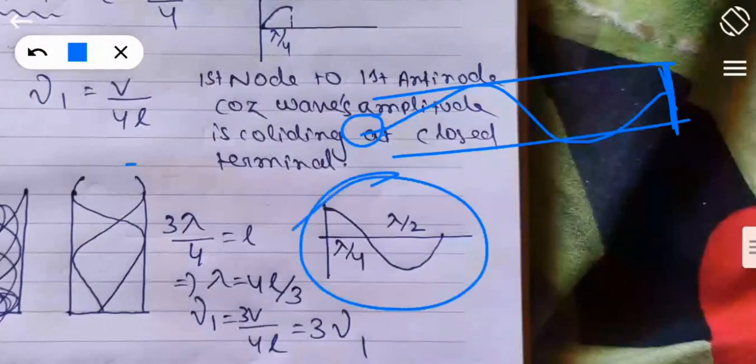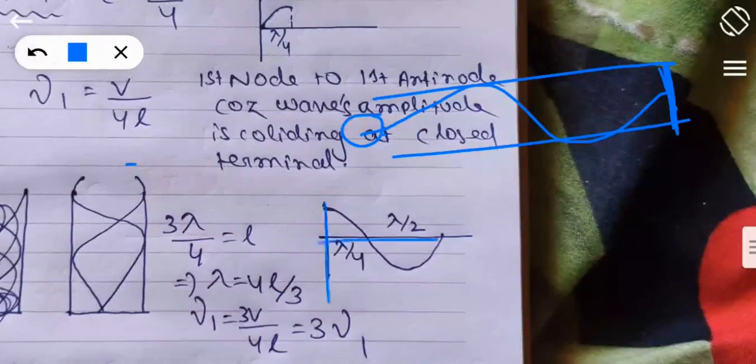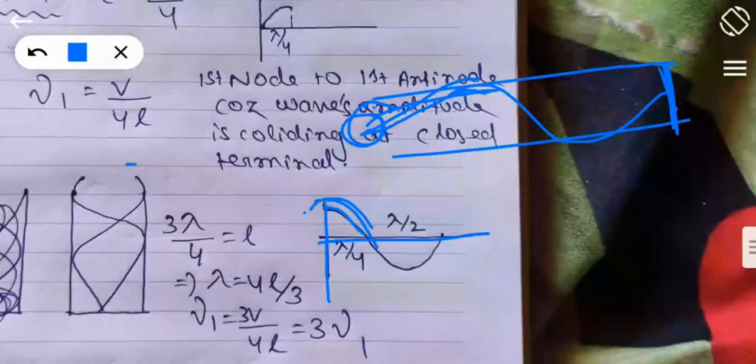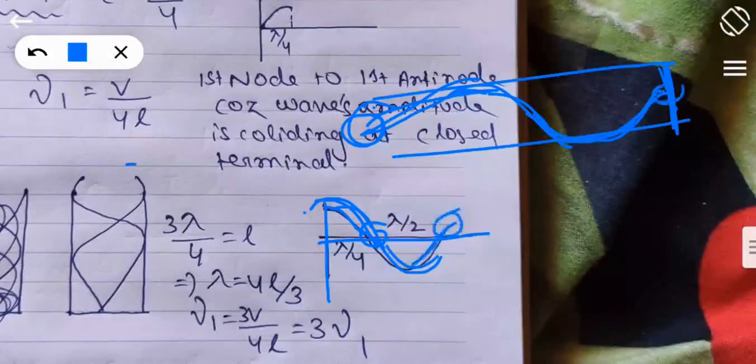So if I draw the diagram, this will be the wave diagram. It's starting from the antinode, it will be like this, because it is coming from the antinode, the highest point. Antinode means what? Highest point. Then touching the boundary, touching the lowest end, then again going back to the lower side, and touching the zeroth point, again touching the zeroth point here at the boundary. It is touching, right? So you can draw it simply like this.